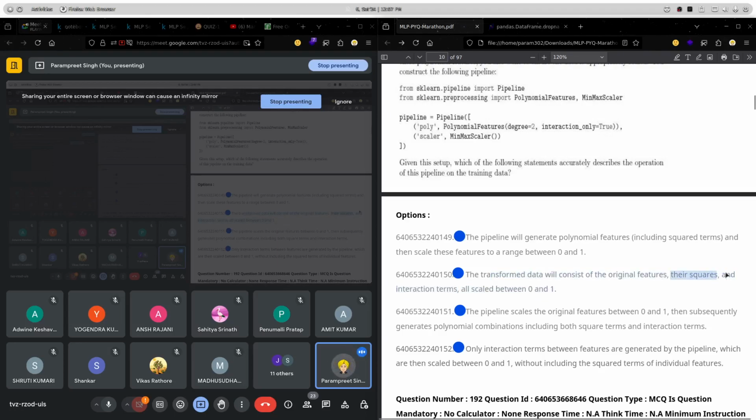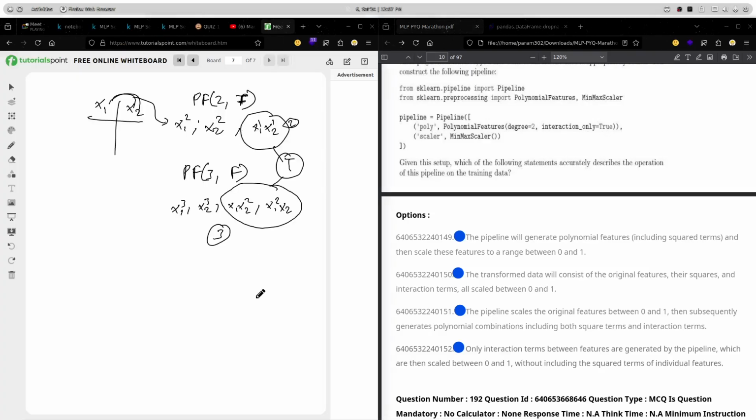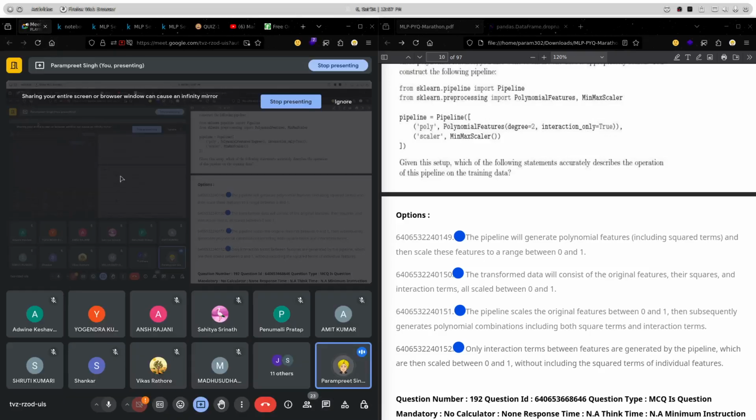Squares nahi, squares to nahi honge. Okay, actually, but in that case, for interaction only true, those interactions will be considered which are having the degrees lesser than the given degrees, not the lesser than the given degrees. बस इंटरेक्शन वाले ही होंगे, okay. लेसर वाले नहीं होंगे, फीचर्स ही वैसे बनेंगे.